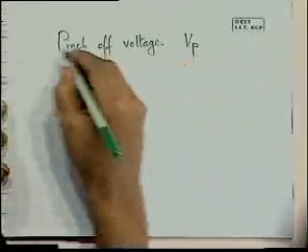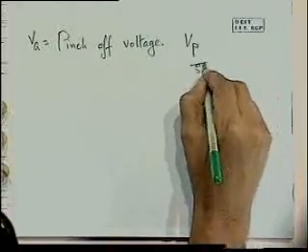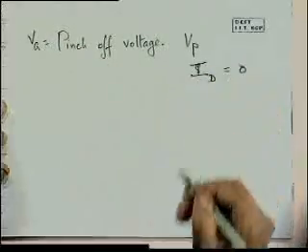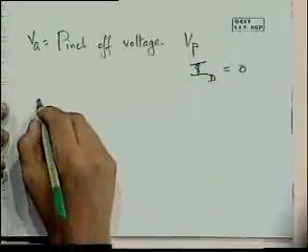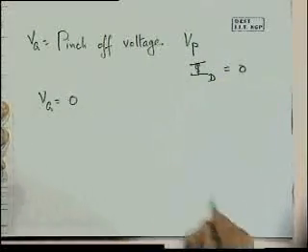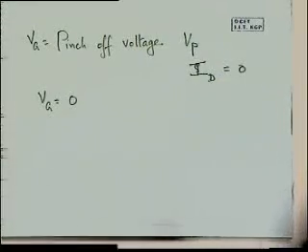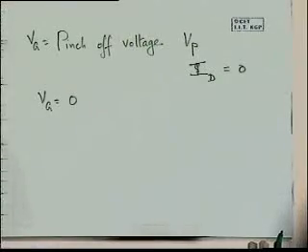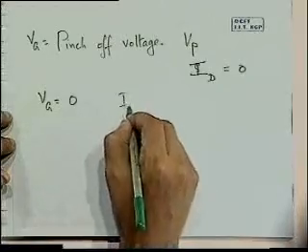So when Vg is equal to the pinch-off voltage, there is no source to drain current. But when Vg is equal to 0, that means the gate is not biased. You've just left it intact without biasing it. In that case, what happens? You get maximum current